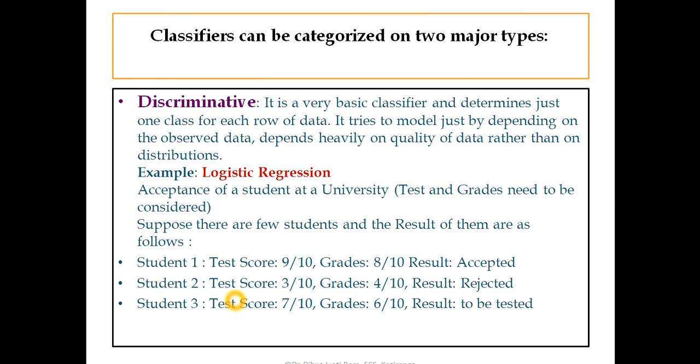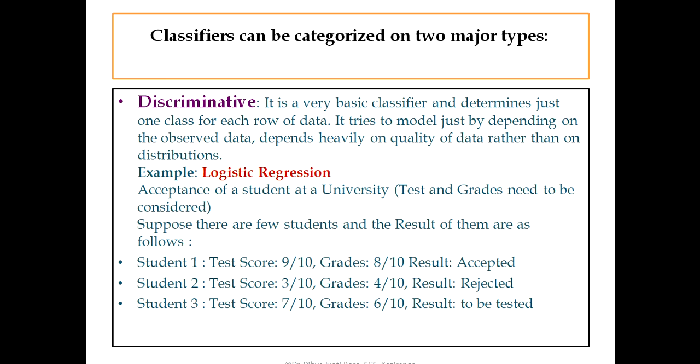Now, let's come to today's discussion. The first thing that I want to discuss is the categorization of classifiers. So, classifiers are mainly categorized into two major types. The first one is discriminative, and this is a very basic classifier and it determines just one class